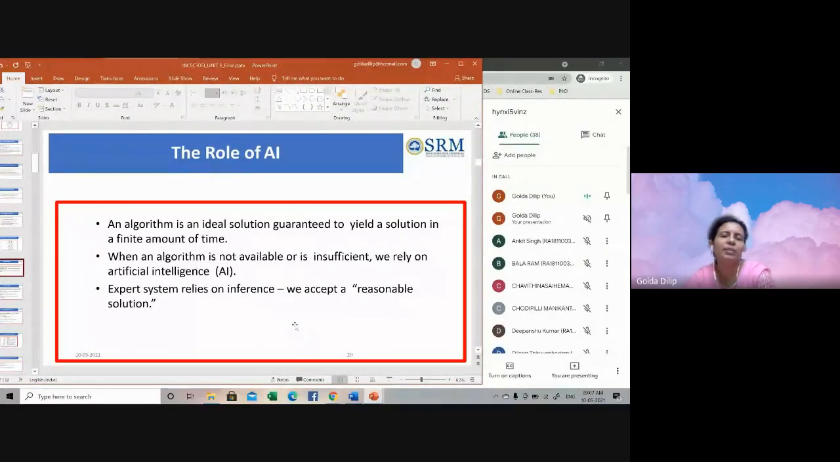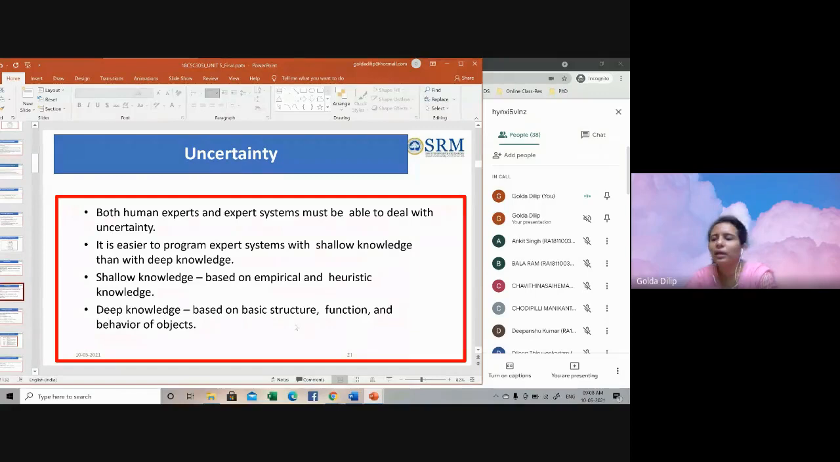So an expert system relies on inference, and you accept what is called a reasonable solution. An important aspect associated with an expert system is what is called uncertainty. Uncertainty is something which exists in every aspect. When you say uncertainty, it means the lack of exact knowledge. So that will help us to come to a proper conclusion. That is what I'm trying to tell you: the information that we have, it could be